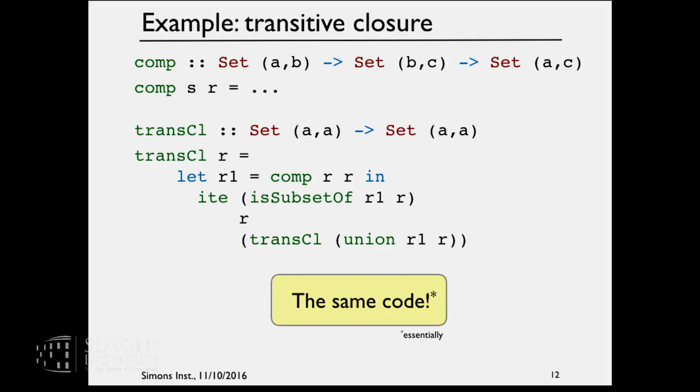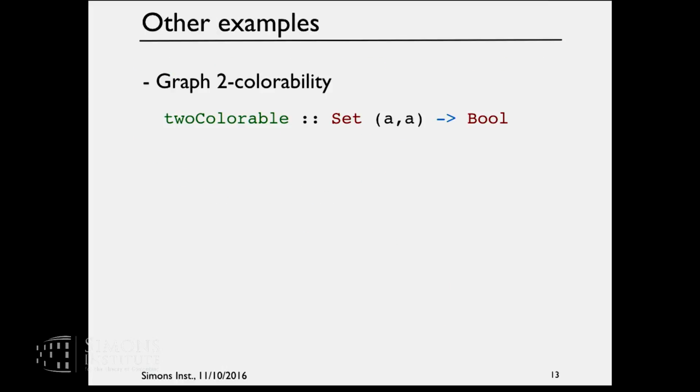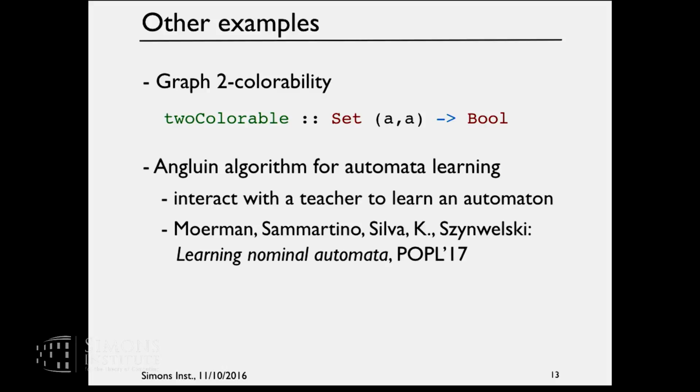I think this is rather convenient for the programmer, because it really lets the programmer work under the intuition that these are really infinite sets, and we can check things like whether some infinite set is a subset of another infinite set, or we can compute the unions of two infinite sets, and we know that this will terminate for every such primitive. Similarly, for graph 2 colorability, we can also copy the code.